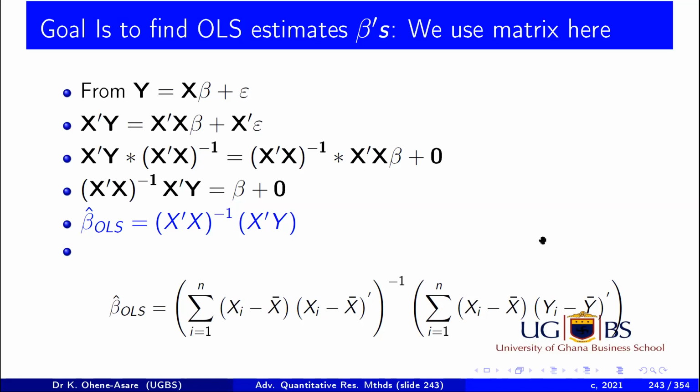The next time, what we are going to do is understand the variance. This means that every time you are finding the mean, and I want to go back to this section here, the goal is to find the beta. I remember I told you that. Now, to find the beta, you don't just find the beta, but you must know the mean of the beta. What is the mean